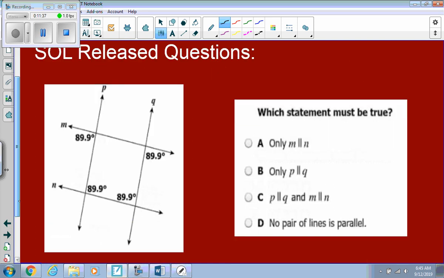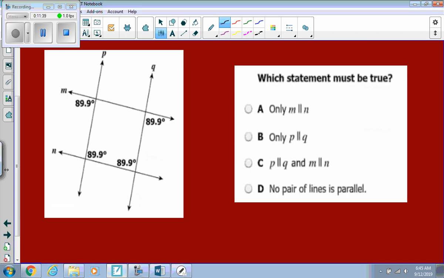They're asking us which statement must be true. So let me read the statements first. They're saying only M is parallel to N. We need to know that the symbol in the middle stands for parallel. So two lines equals the word parallel. Okay? So M is parallel to N, or only P is parallel to Q, or both are true, or none are